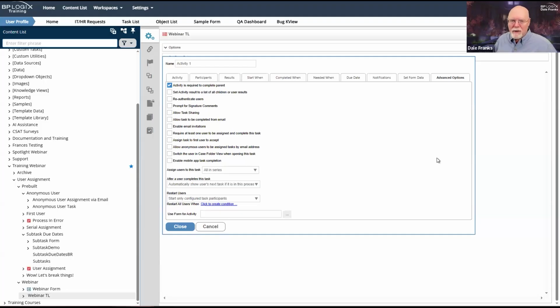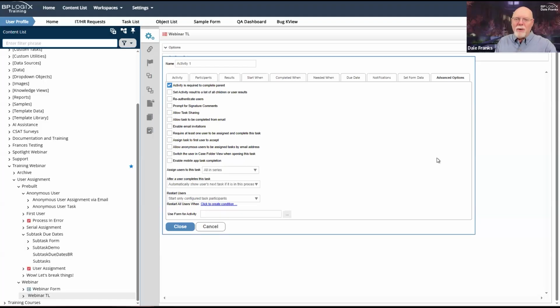The decision as to who is going to get that task in a round robin will occur when the task is invoked. If user number 3 was the last person who completed this activity... well, here's the thing. We're not talking about the same instance of the timeline. The way round robin works is I have instance 1 and user 1 is assigned the task for instance 1.